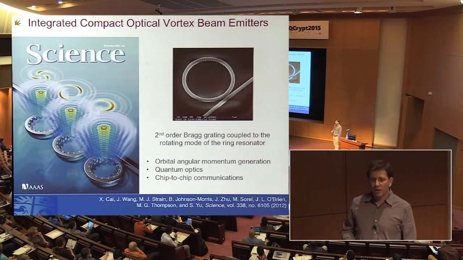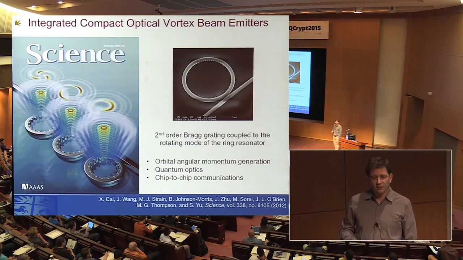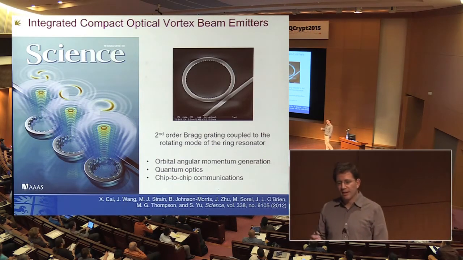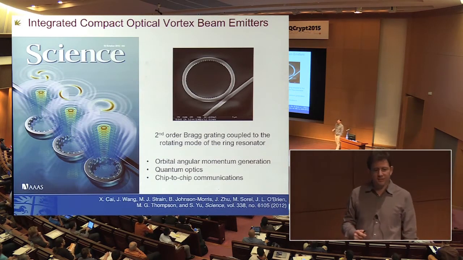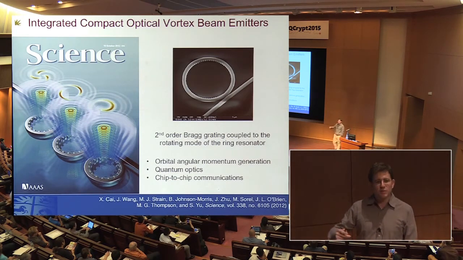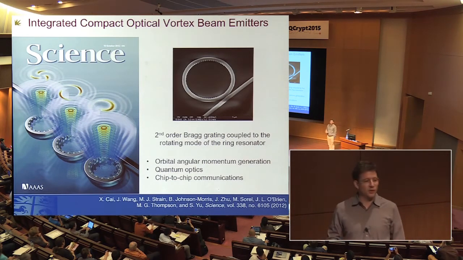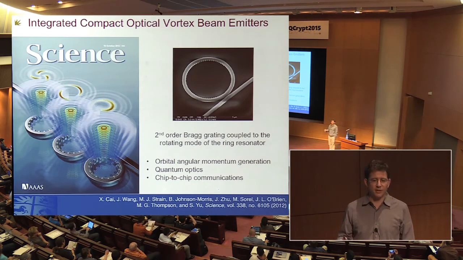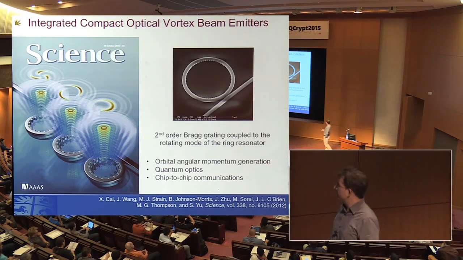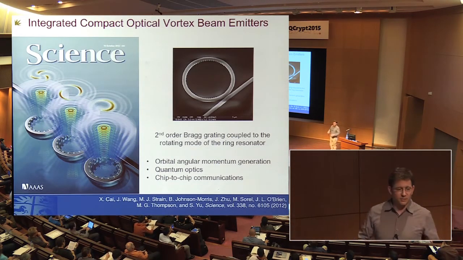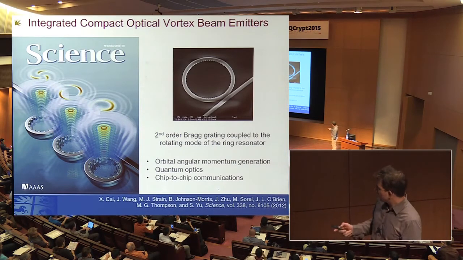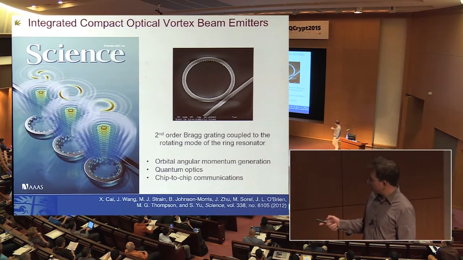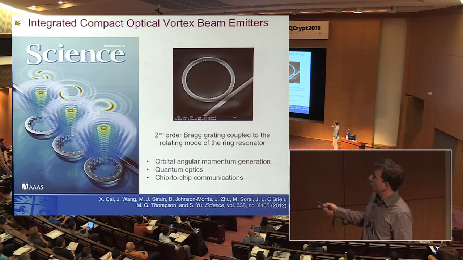We can also look at other types of encoding. So polarization is one particular way, but it's limited to a two-dimensional space. If you want to try and transmit qubits across systems, you want to move to looking at different degrees of freedom. And orbital angular momentum is one particular degree of freedom that lends itself to having high dimensional space. And so this is a device that we published back in 2012, which is a path to orbital angular